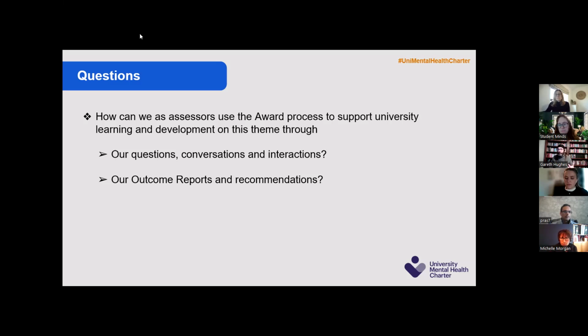Yes, but let's come on a little bit. I'm interested in those questions about what your strategic approach is overall. I think they are really important. I'm interested in the other group, when you were talking about what questions you might ask, or what conversations or interactions we might have with people, particularly on the on-site visit. Did anything else come up around what we could do to help push this forward? Or was there anything else in the other group that you discussed around questions or conversations and things that we might want to do?